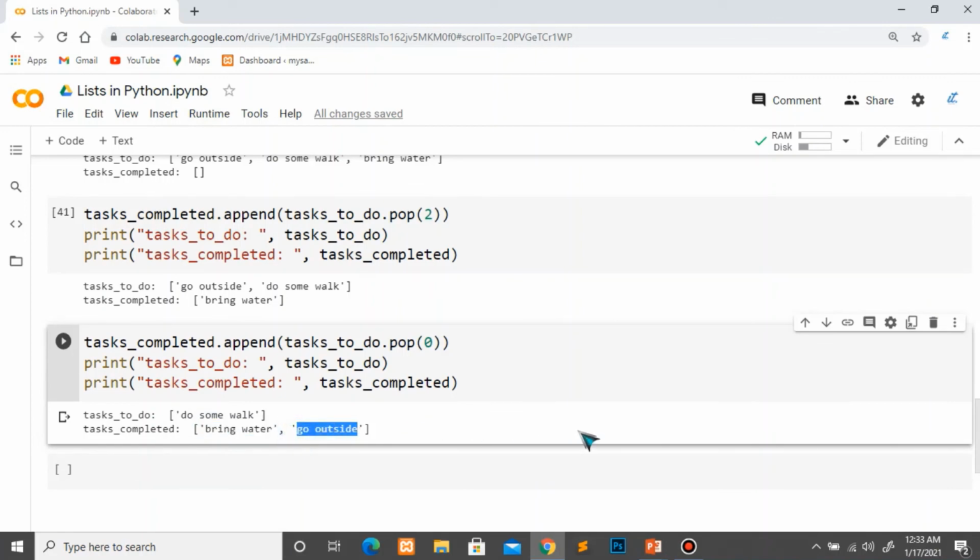So in this video I have told you each and everything about list in Python with implementation. I hope you got a better understanding of this, and in my next video I will make a complete video about tuples, that how we can use tuples in Python, what is the purpose of tuples.